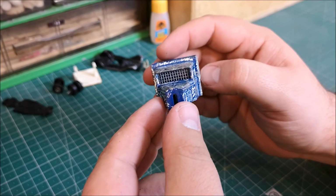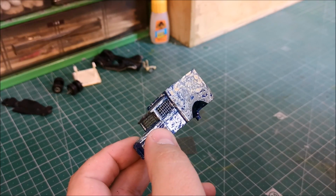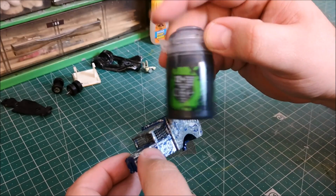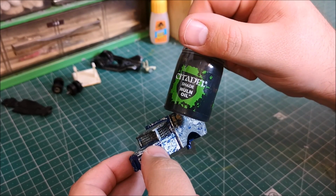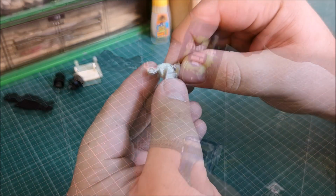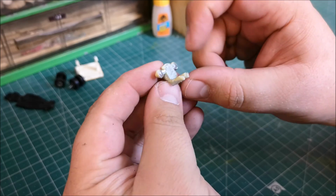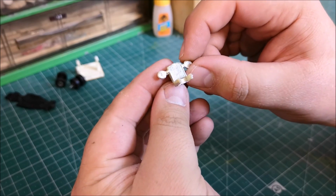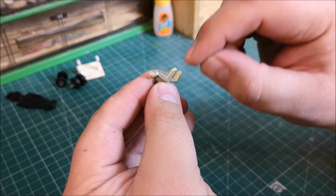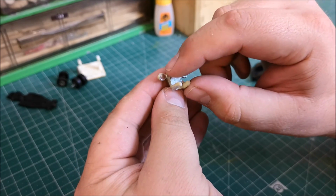So normally, I've only done a few of these cars, but like I say, without any direction, I just take each step as it comes. So now I'm going to cover it in this Citadel Nuln Oil, because I just wasn't liking the look of it. I was thinking, this looks awful. I don't know how I'm going to rectify it, but I covered it in the Nuln Oil,